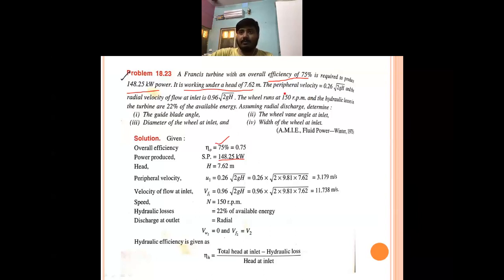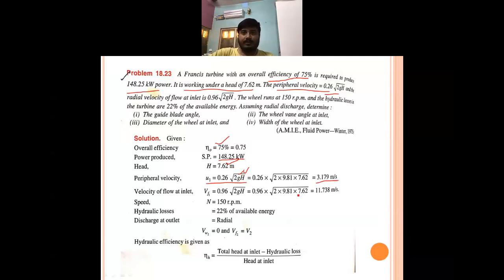Peripheral velocity means blade velocity, so the blade velocity is given. This is nothing but u1, u1 is equal to 0.26 under root gh. Now h is 7.62, and g we know, so we will get u1,